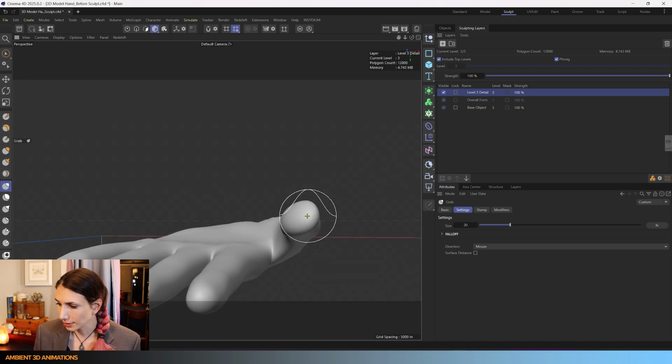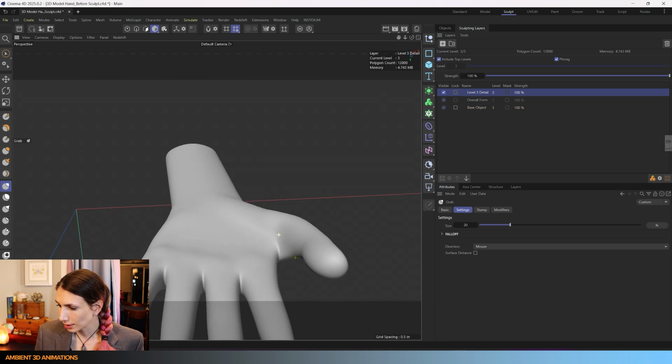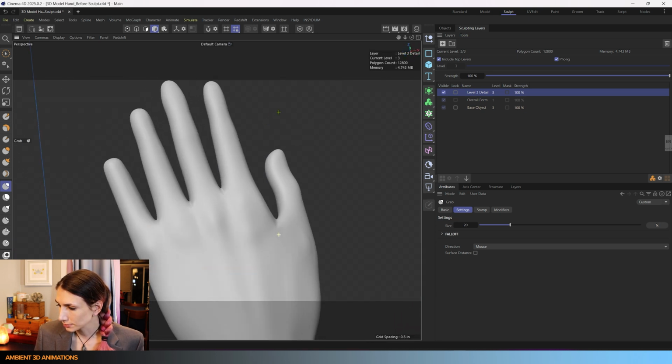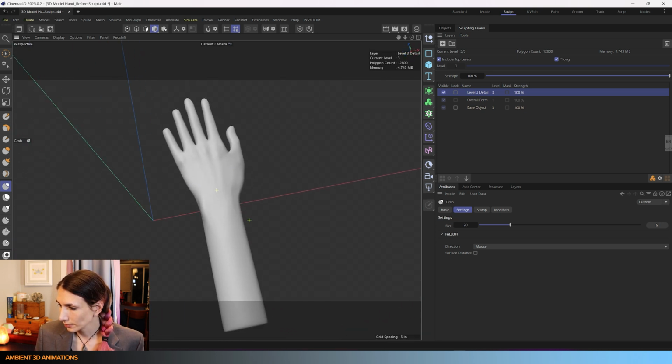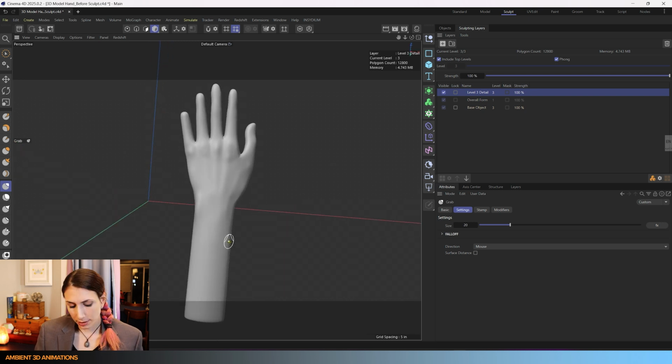So now I'm taking a look at the thumb. That looks pretty good. And this looks quite a lot like my hand. At this point,